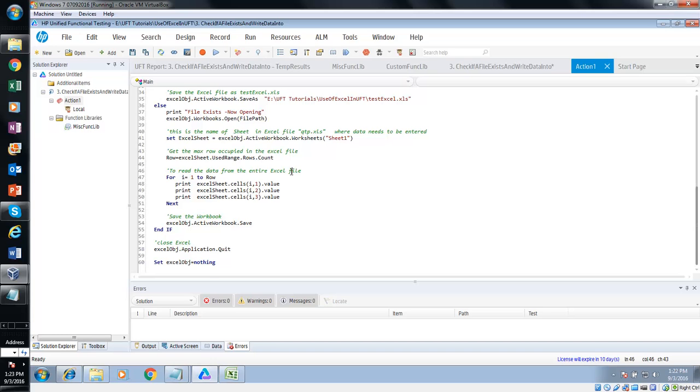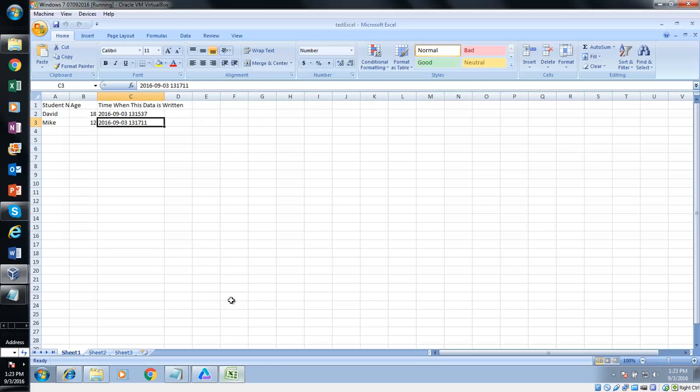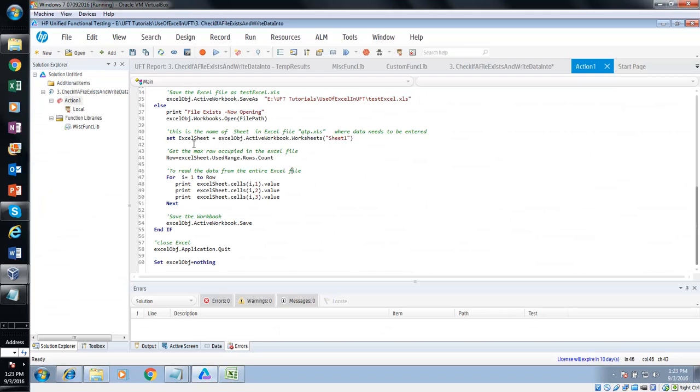So first, what we are doing here, we are opening that Excel, and then we are setting the sheet from where we are trying to read data. So we are trying to read data from sheet 1. I'm setting sheet 1 equal to the sheet in the Excel sheet, and then I'm reading